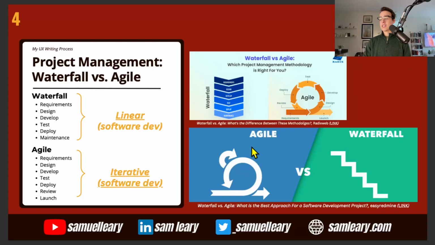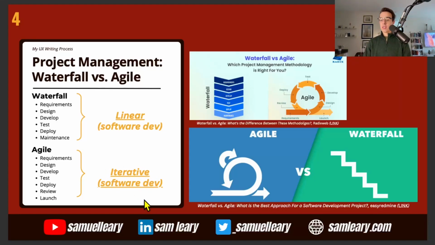So I think the graphic that I included here is valuable because it communicates that the process is iterative, but that doesn't necessarily mean you're going to complete the entire process in a single iteration. Waterfall, conversely, is linear, so you're passing through each of these steps: requirements, design, develop, test, deploy, maintenance,